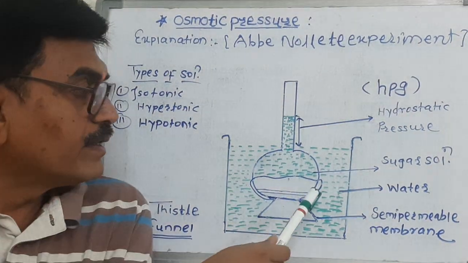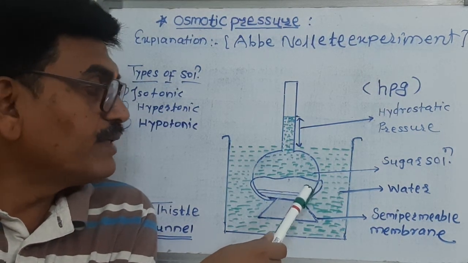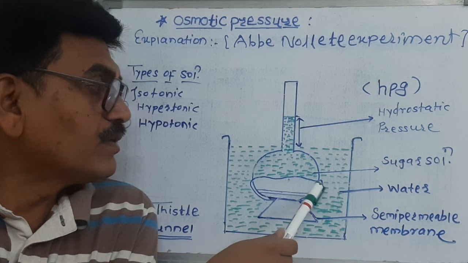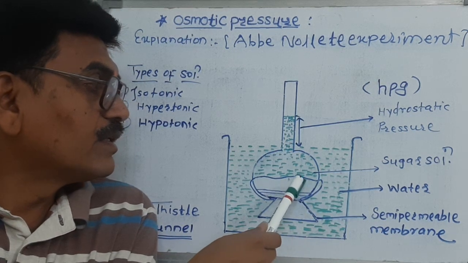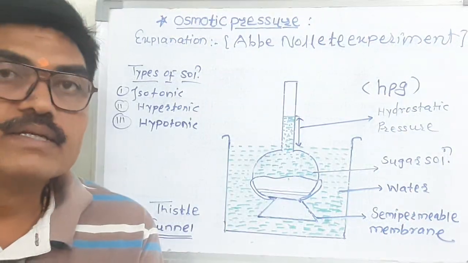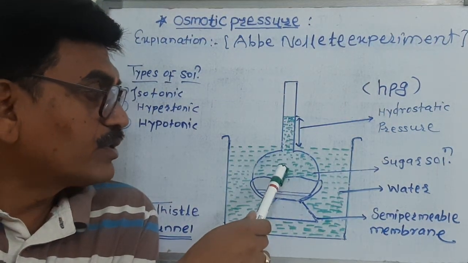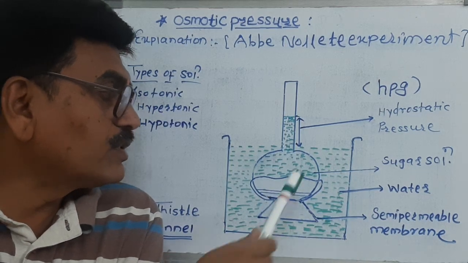So when there is an equilibrium between the solvent which comes inside this thistle tube and the molecules which are forced back reverse into the solvent,